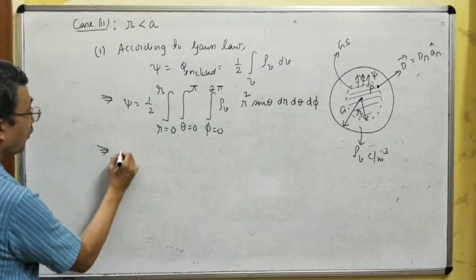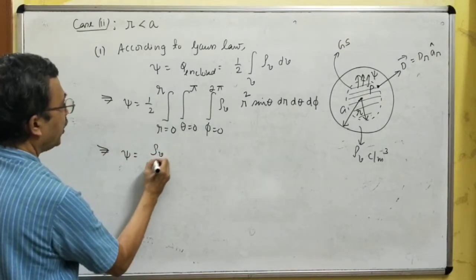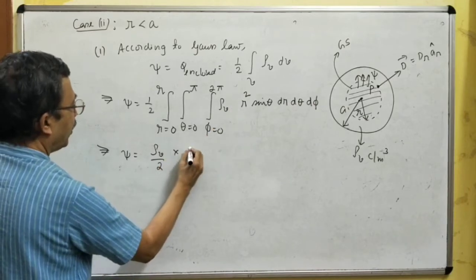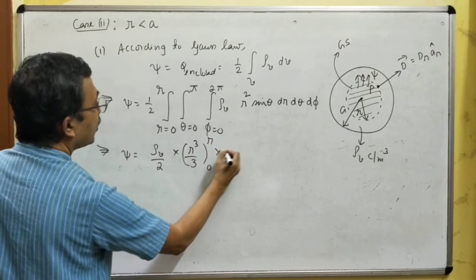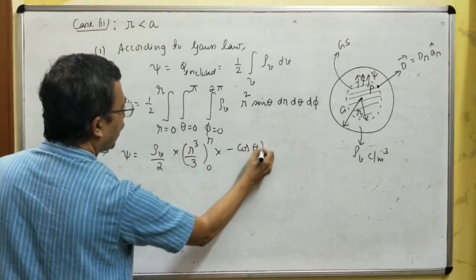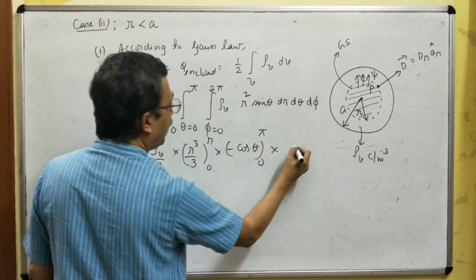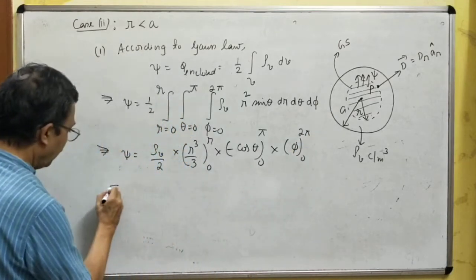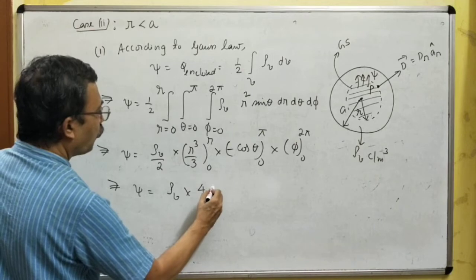So psi is equal to rho v. R square, if you integrate, you get r cube by 3 between 0 and r. Sin theta, if you integrate, you get minus cos theta between the limits 0 and pi. D phi, if you integrate, you get phi between 0 and 2 pi. So psi is equal to rho v into 4 pi